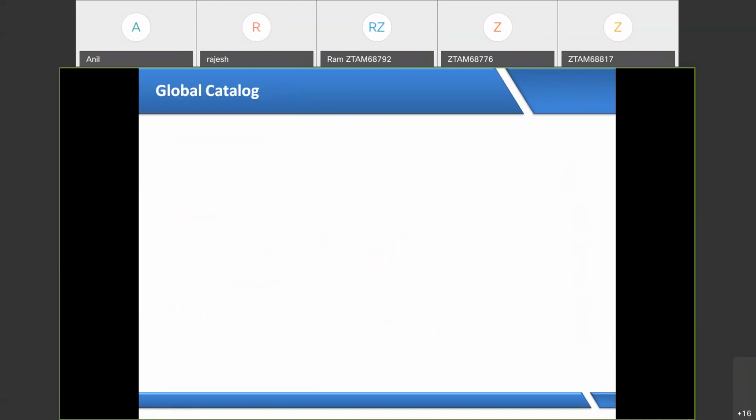Now, next, what we are going to discuss is the global catalog. We discussed in the roles. By default, how many roles do we have? By default, 6 roles. So by default, how many roles will be there? 6. So we discussed in the third topic of Active Directory about the 5 roles, but we did not discuss about the